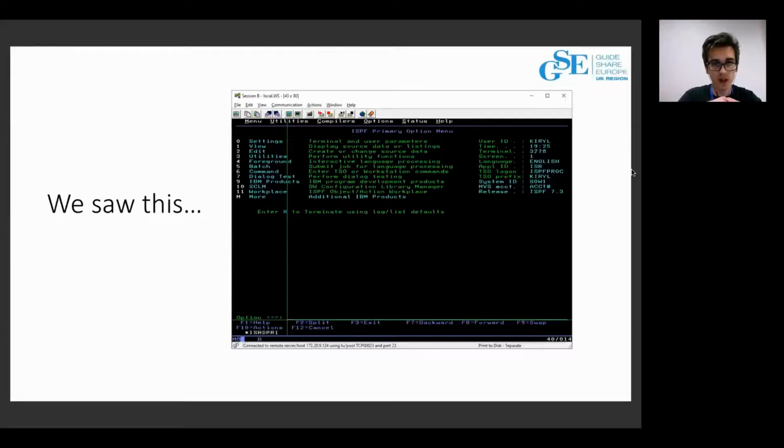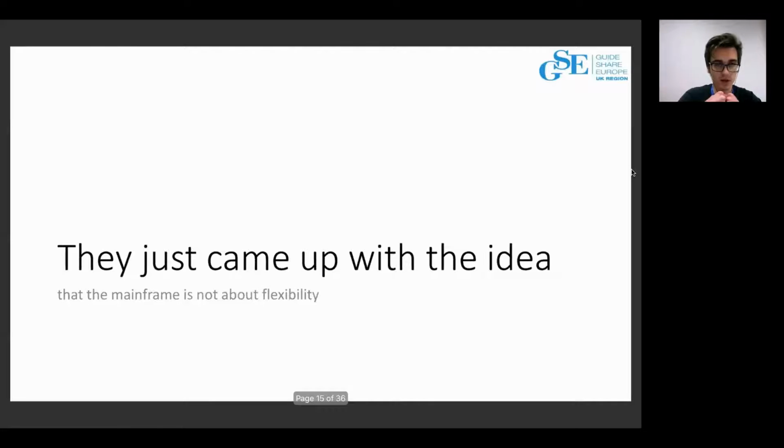So why did it happen? They just came up with the idea that mainframe is not about being flexible, that it's something outdated, that they will get stuck in this black and green screen forever till the end of their life. And yeah, they were very pessimistic about mainframe in general.